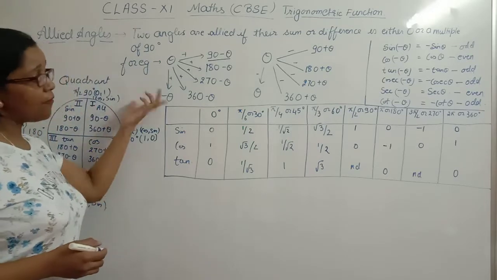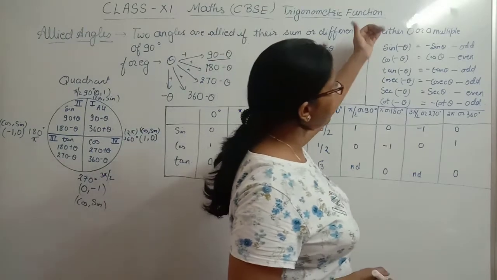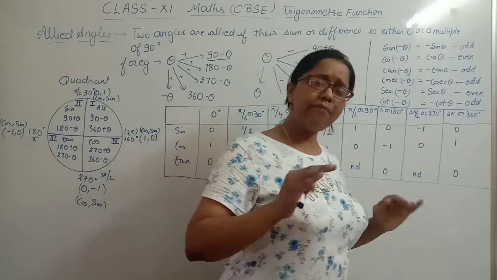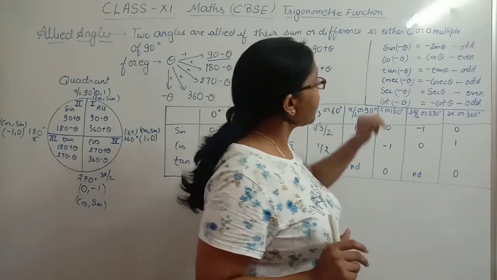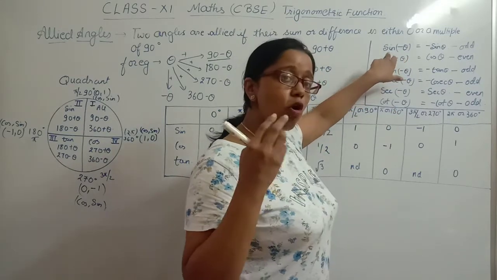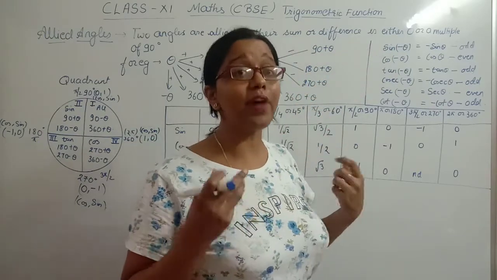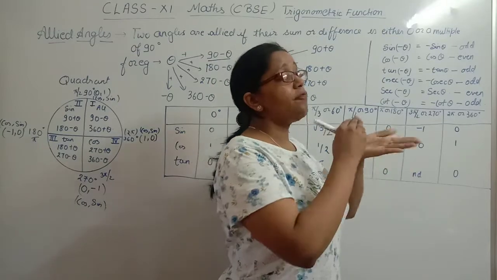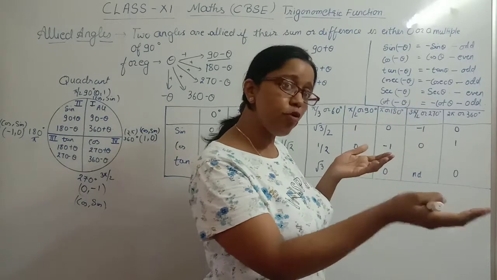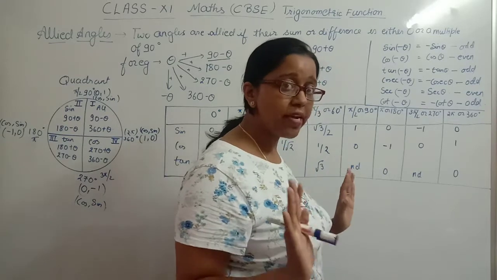Now, after this, in class 11, we are going to study the odd functions and the even functions. What are the odd functions? In a very simple way, we are going to study them. We have sine, cos, tan, cosec, sec, cot, as we have already studied in class 10th, and these all are functions. When a function is applied to an angle, whatever value you get is the value of that function for that angle. Hope I am clear to everyone.